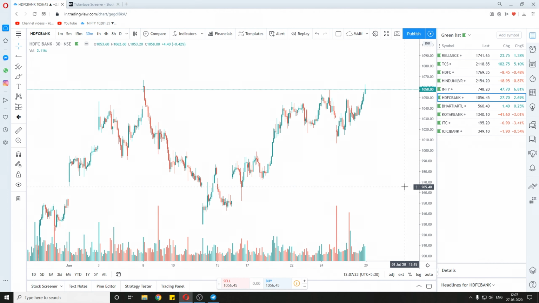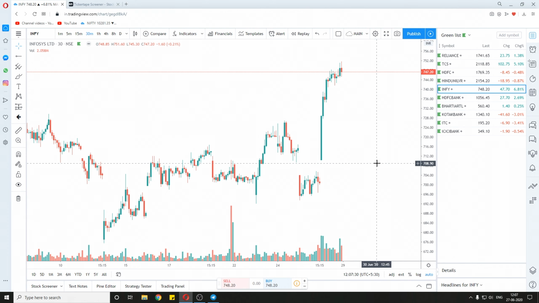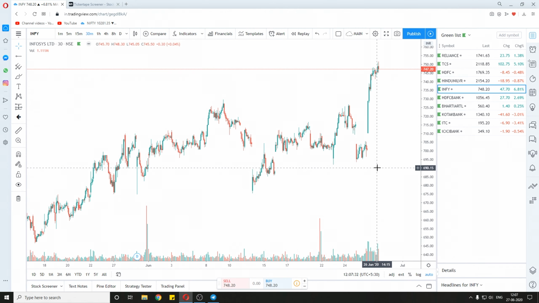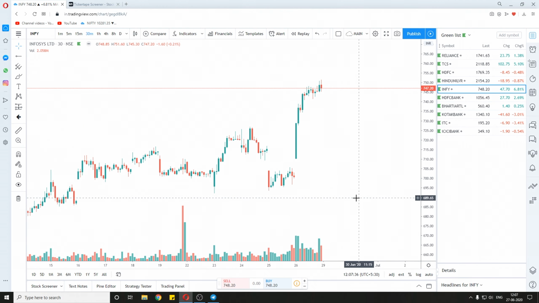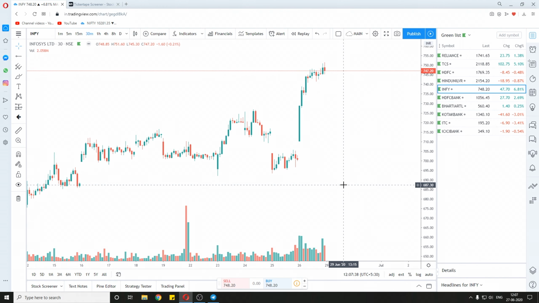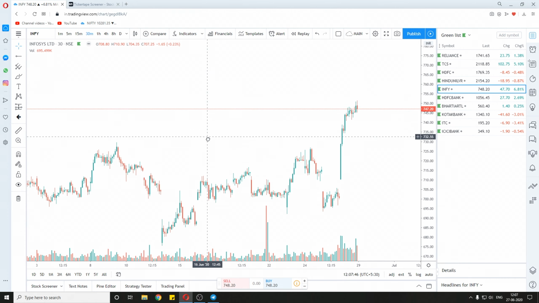Again, nothing good here. So we move on to the next stock, Infosys. Here also nothing too good. So okay, one more thing which I want to teach about volume profile is that, let's say